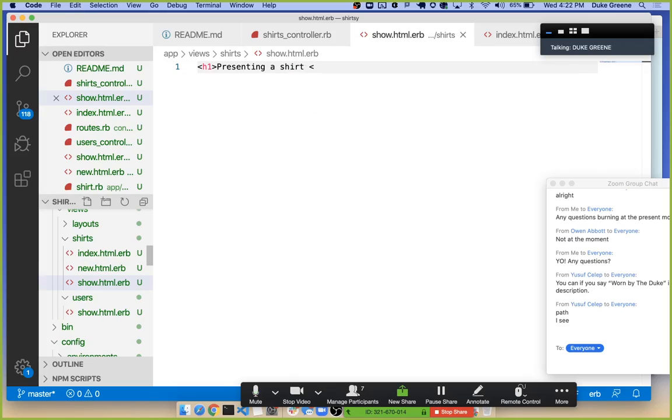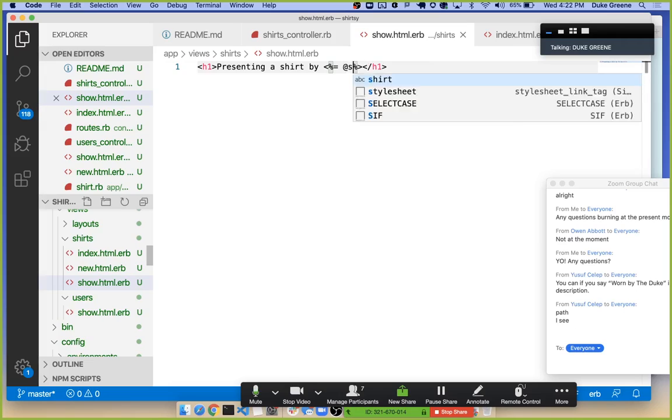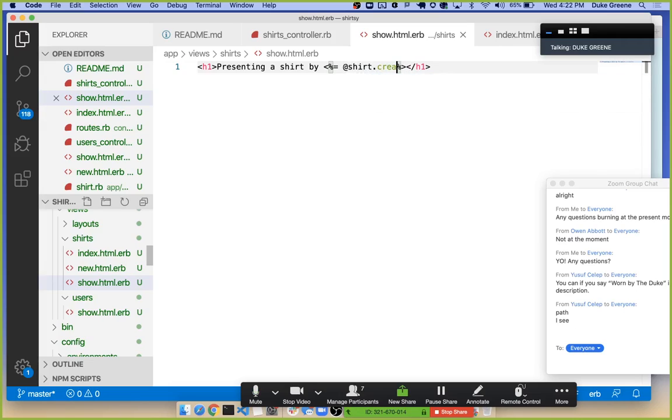a shirt by, and then right here in this H1, check this out. This is how slick I want to be with it. I want to link to the shirt's creator right here, right? So I'm going to interpolate using ERB. And let's evaluate, let's say @shirt.creator.name, and this should be a link to that, and it should take us to shirt.creator, which, to be very specific, is the user path to go to one user,